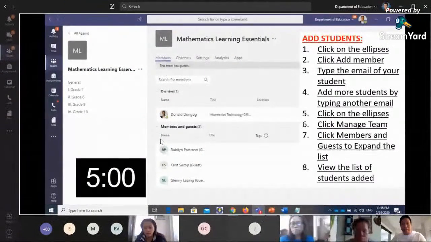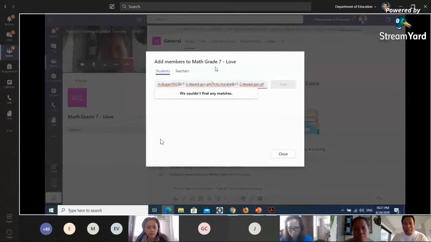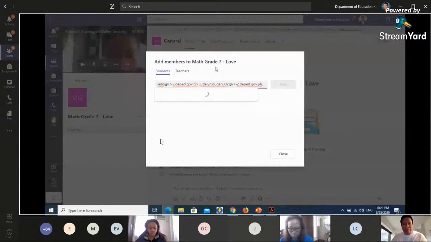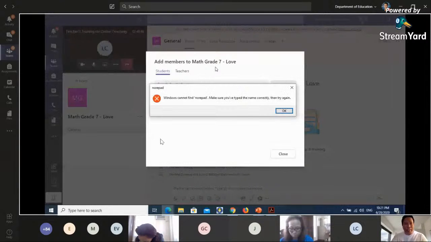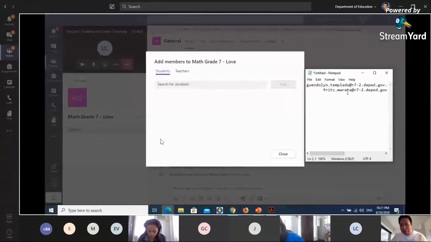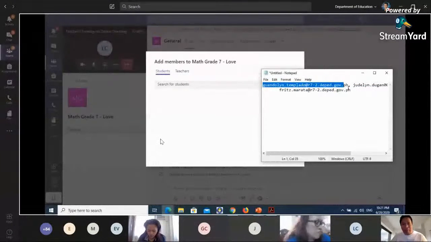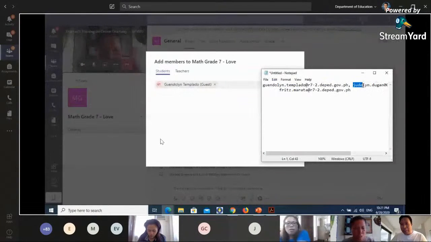Po yung mga students. Tapos ito po yung ilalagay natin dito. Tapos we will just put a comma after every email po para ma-separate sila. So yun po. Sorry po. So notepad ko muna. Kasi kailangan they are acknowledged that we have also them in Microsoft Teams. So ito po, si Ma'am Gwendolyn. So add natin sila. So si Ma'am Gwendolyn is also a facilitator and she would be talking to you something